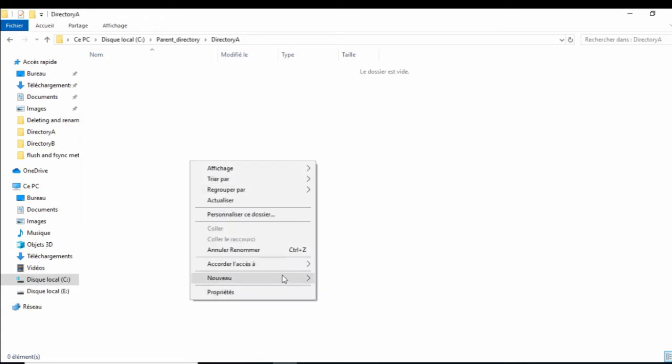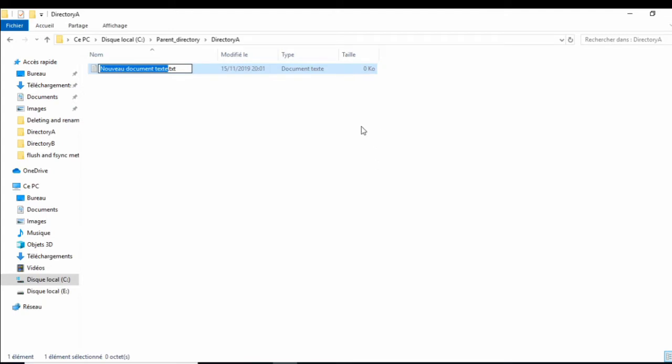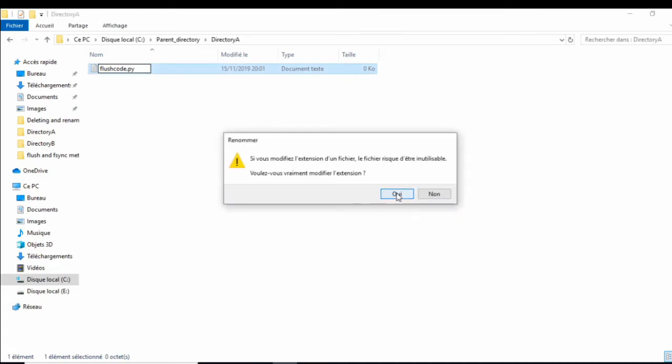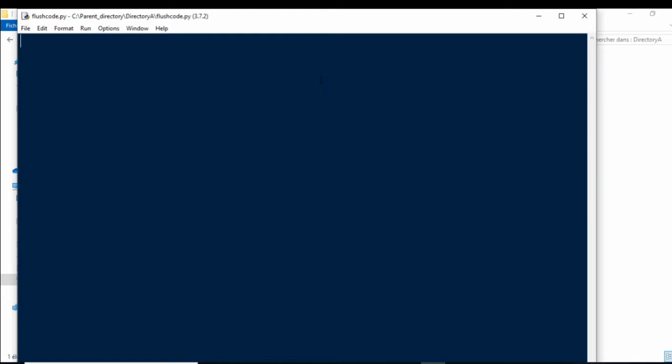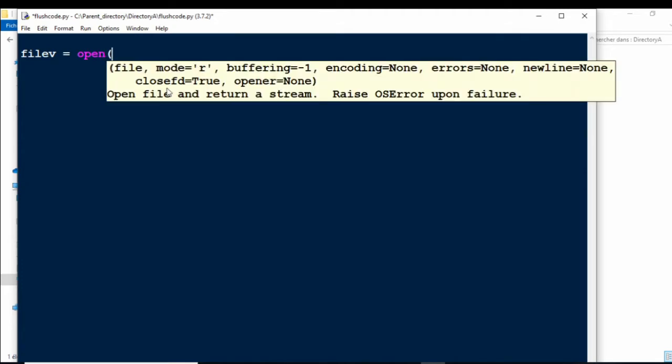Okay, we will open a new file. We call it flush code, for example, .py. So this is a built-in method, the flush method. No need to import any special module. We'll just open a new file and we'll give it a name. Okay, please.txt. I don't know why I have chosen this name, but it doesn't matter. We just give it a name